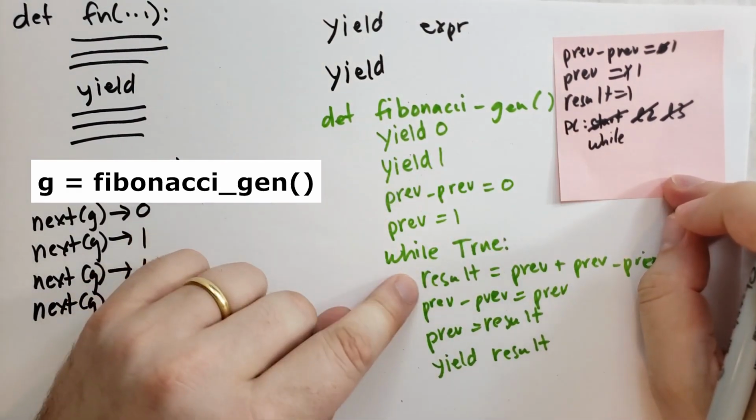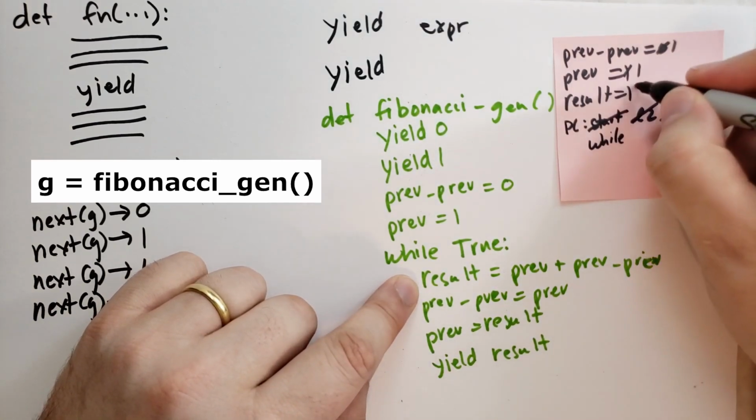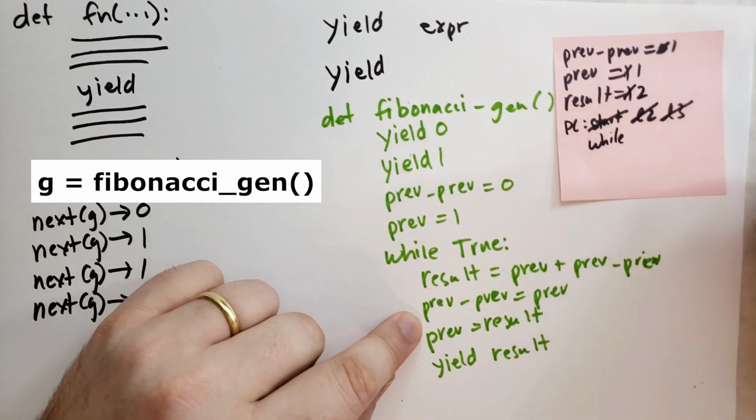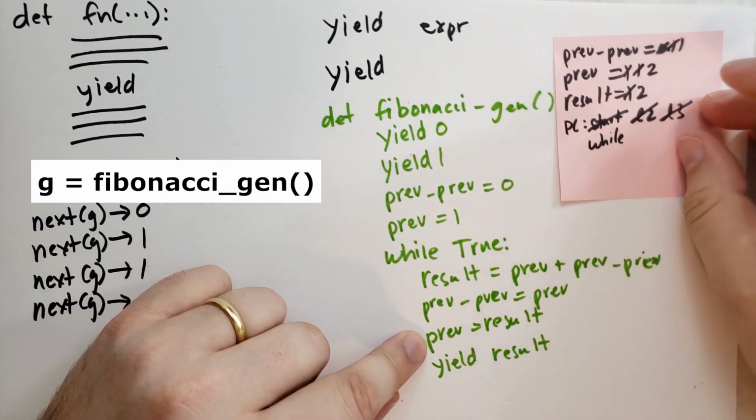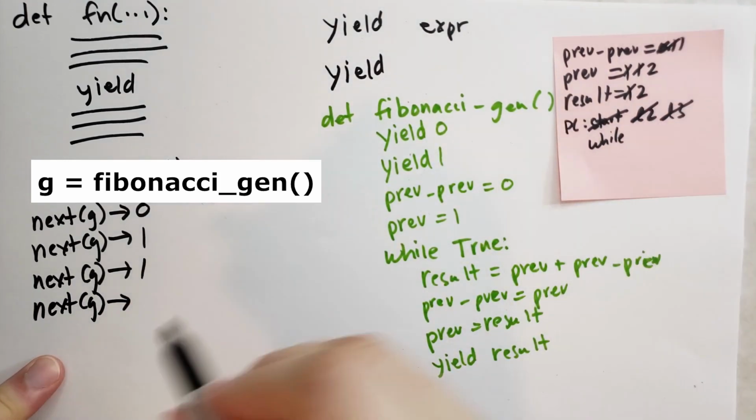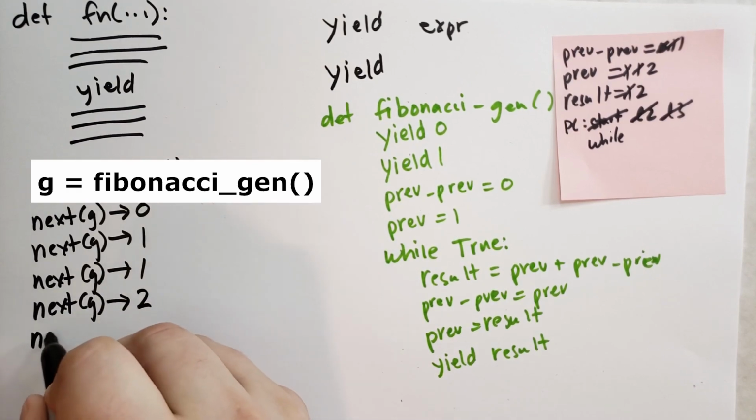we continue with the while statement. Result is prev plus previous, so now that becomes 2. Prev is the previous, it stays at 1. Previous is equal to the result, that becomes 2. And then we yield that result, which is 2. And if we call it again,